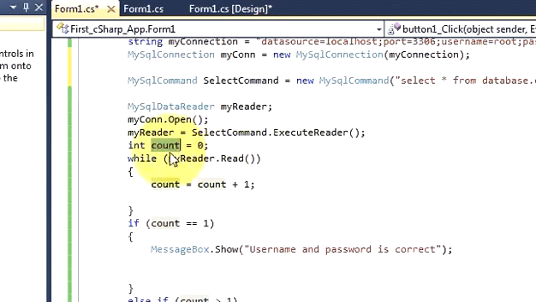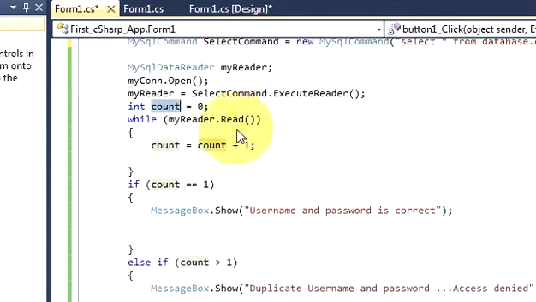Okay, so this integer will count the number of username and password for a particular username or password. I will show you in the further code why I'm using this,